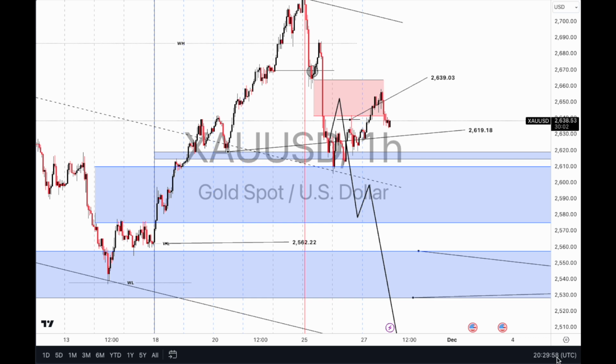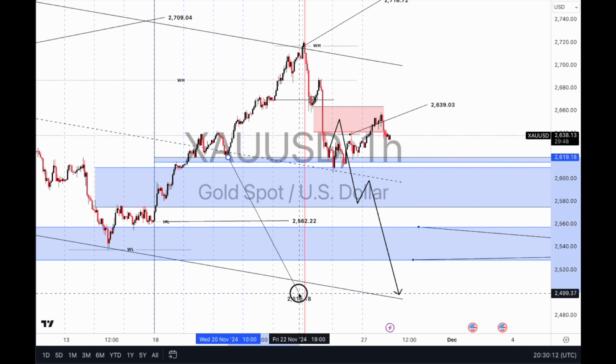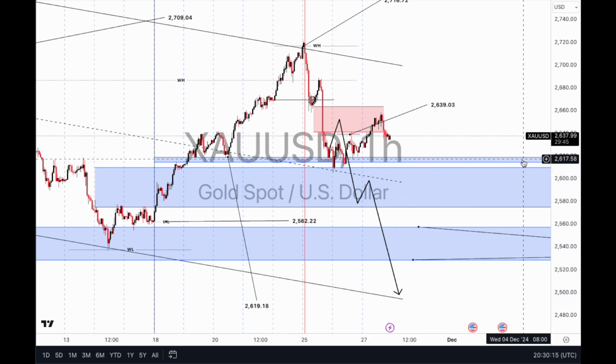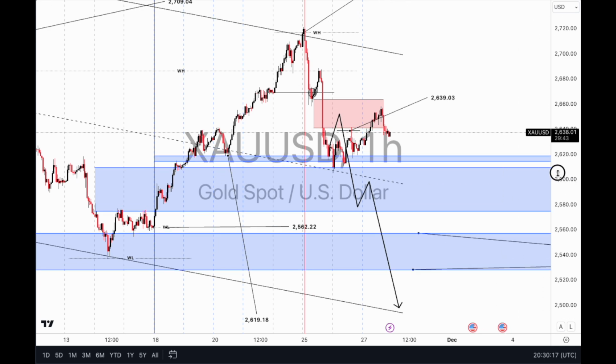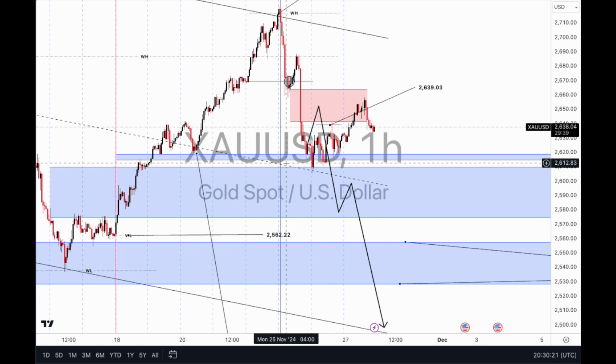So with that all said and done, we are going to get straight into the analysis that we did on the Monday, and we're going to pick up from where we left off in regards to that. So on the Monday analysis, let me just move this label down here. So on the Monday analysis, I talked about price coming into this particular FVG zone, as well as